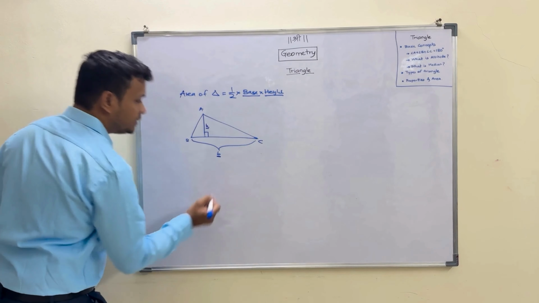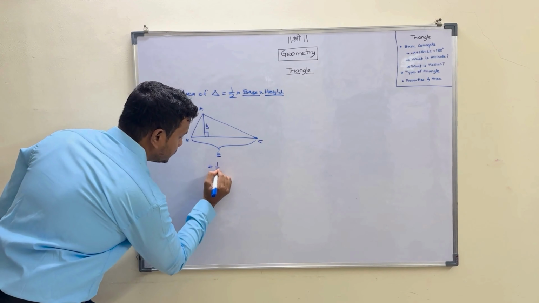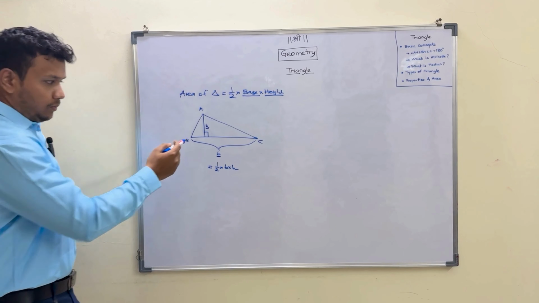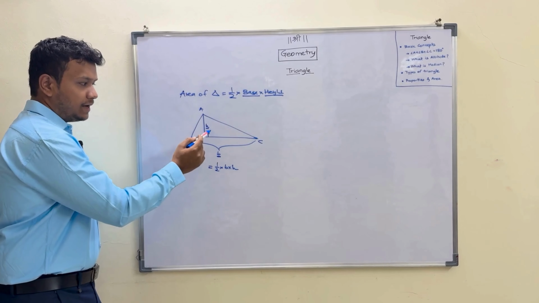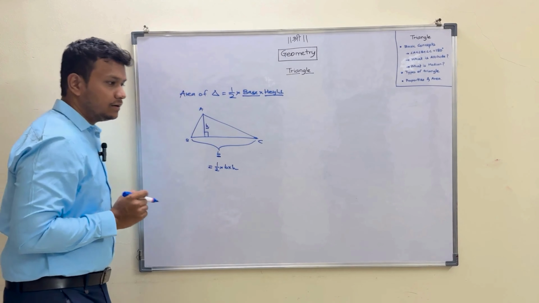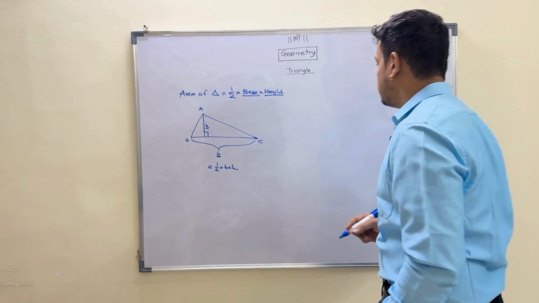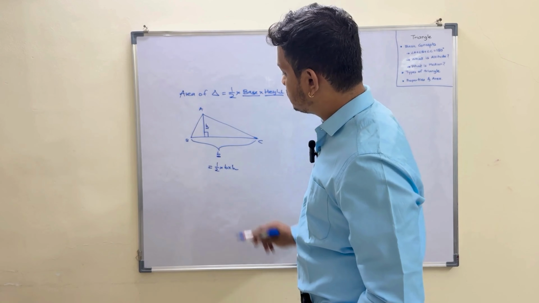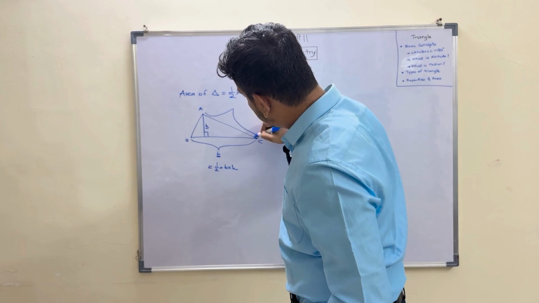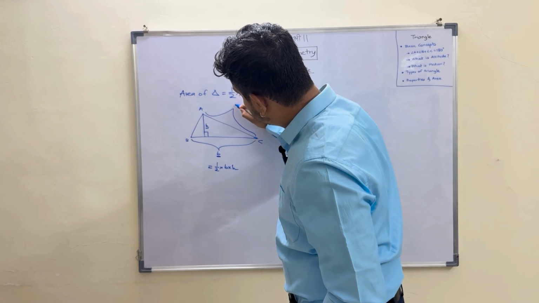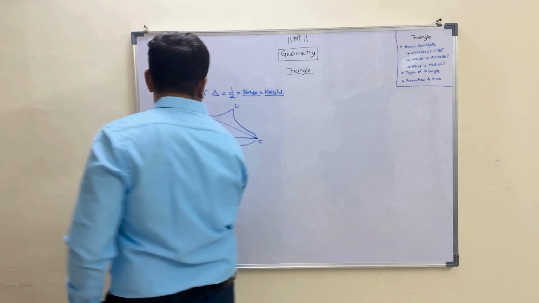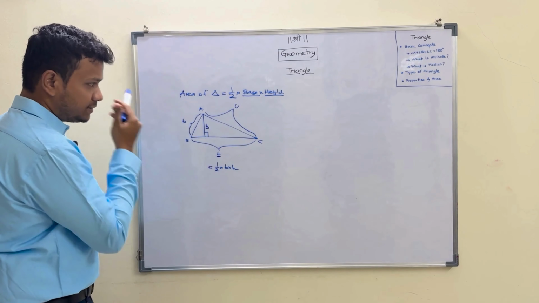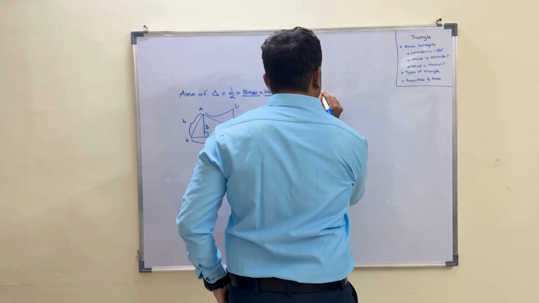So in this case, what should be the area of the triangle? It should be 1 by 2 into base into height. So by considering this B and H, we can compute the area of the triangle. There is another way to compute the area of a triangle if we know the length of all three sides. So in this case, the length of side BC is B. If I know the length of side AC as C and the length of my side AB as B, so if I know all these three sides, I can compute the area of the triangle with another formula,